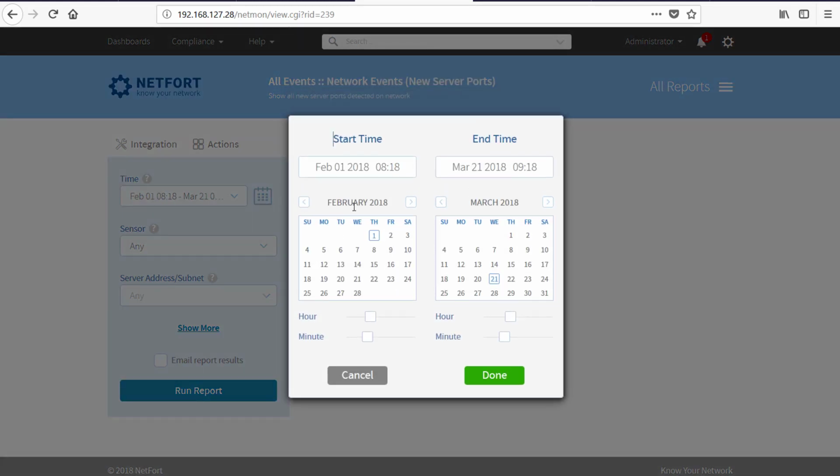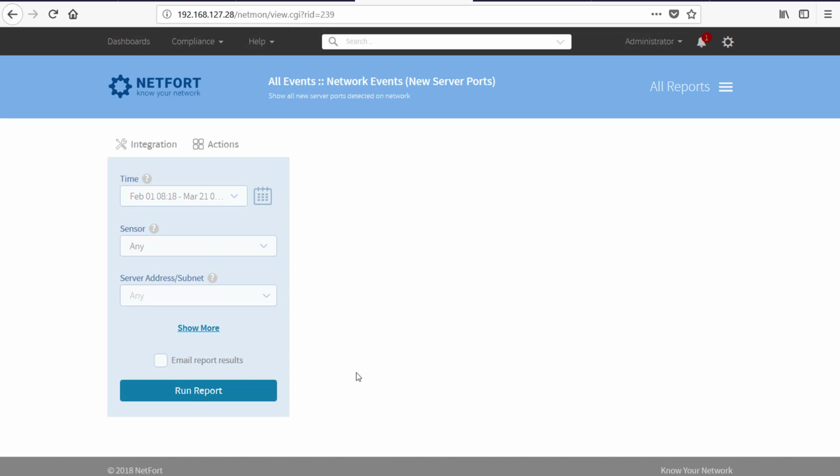In my case here, I might go back from the 1st of February to today's date, or maybe I just want to check the last 24 hours. By the way, you can be alerted as well, so that you don't have to run a report. If you want to be immediately notified via email or maybe via syslog, the LangGuardian can trigger an alarm as well. But I just want to check the inventory, so I'm going to select the time range here